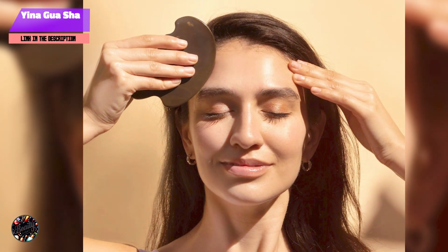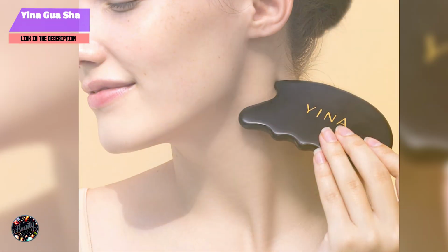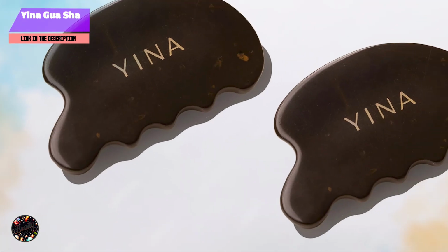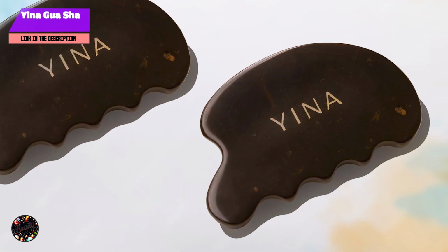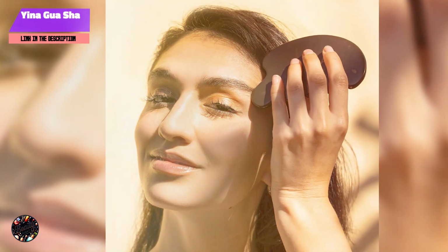This tool is perfect for those looking for a more balanced and radiant complexion. Usability: the Yina Gua Sha tool is easy to use, even for beginners. Its ergonomic design ensures a comfortable grip, and its curved edges make it simple to target specific areas of the face. Whether you're using it in the morning to reduce puffiness or at night to relieve tension, this tool provides a relaxing and effective facial massage. The Yina Gua Sha is also great for incorporating into your nighttime self-care ritual, helping to wind down and prepare